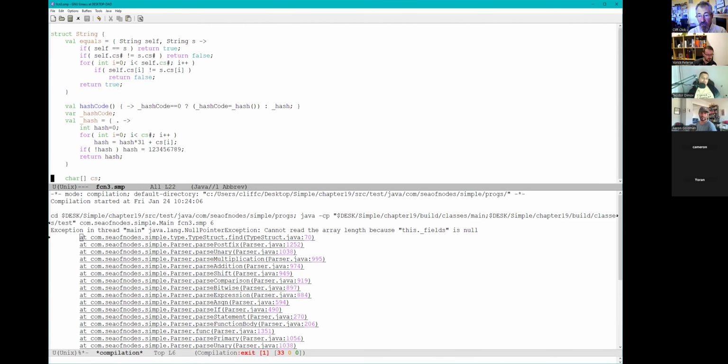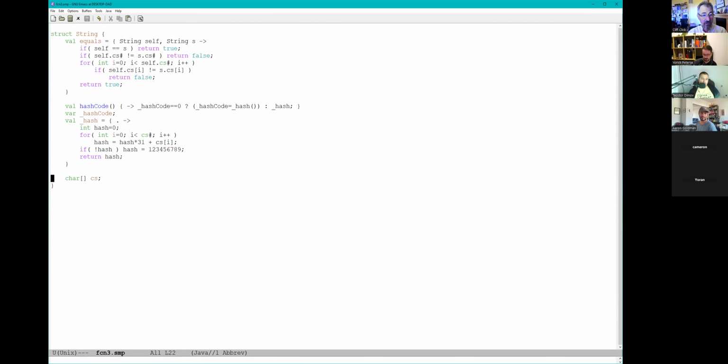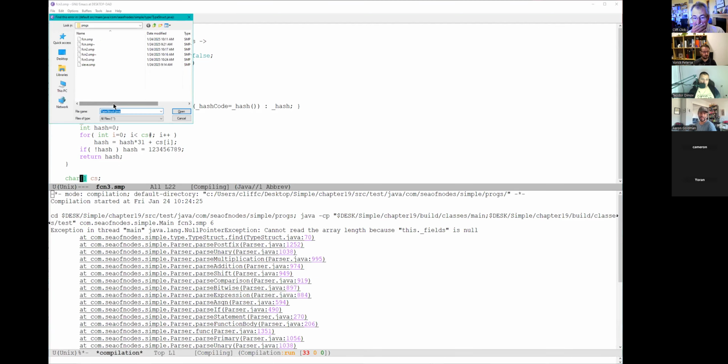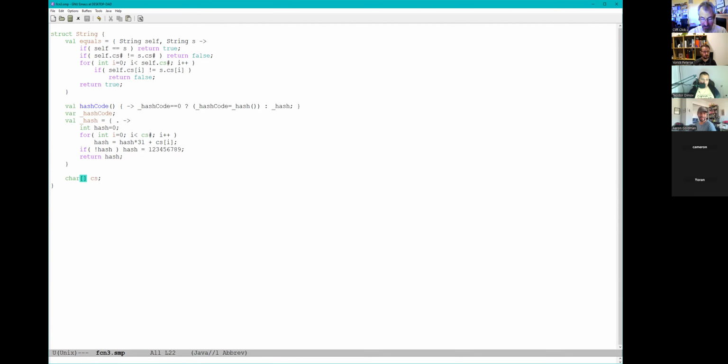This dot fields might be null. Can't read or write length. Oh, I didn't do a null check on any of these things. This field, why would it be null? Or did I catch the wrong one? I mean, if you didn't initialize it. Yeah. Okay, cannot read or write length. No, this is a struct, which means if I were to make a new string, oops, the initializer syntax is you can fill things in here,